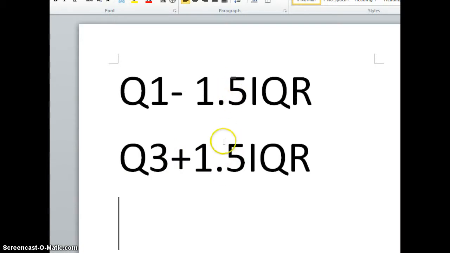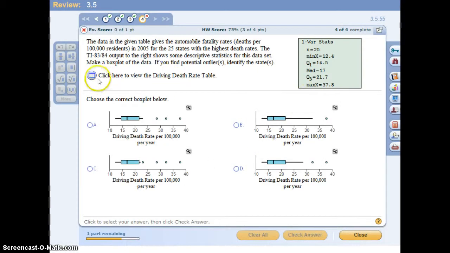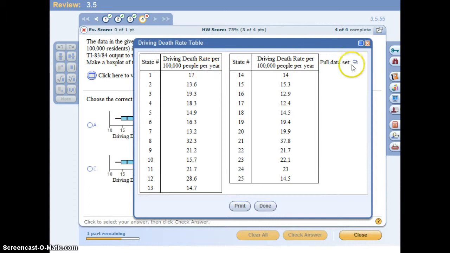Notice that these two become a range, and any numbers outside this lower bound and upper bound would be an outlier. Now, what is an outlier? An outlier is an extreme number that occurs in a distribution, and IQR here stands for interquartile range. To find that, we go back to the question and click the icon here and open all these data in StatCrunch,